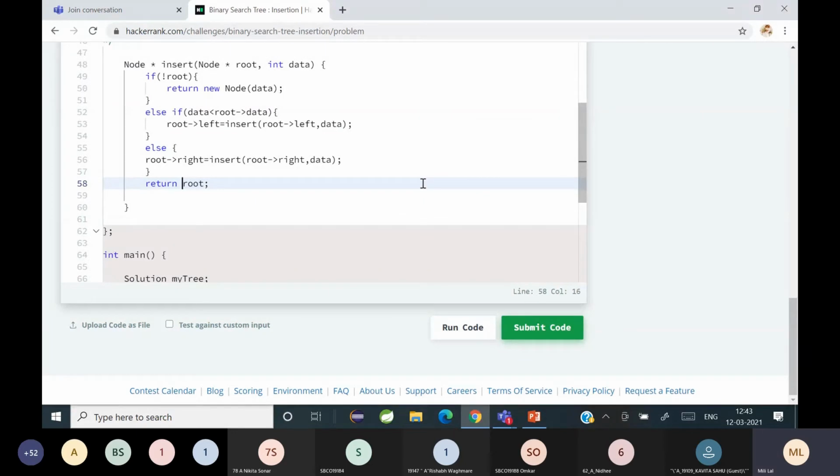Let's check if it is correct. How do you check it? Don't submit the code directly.